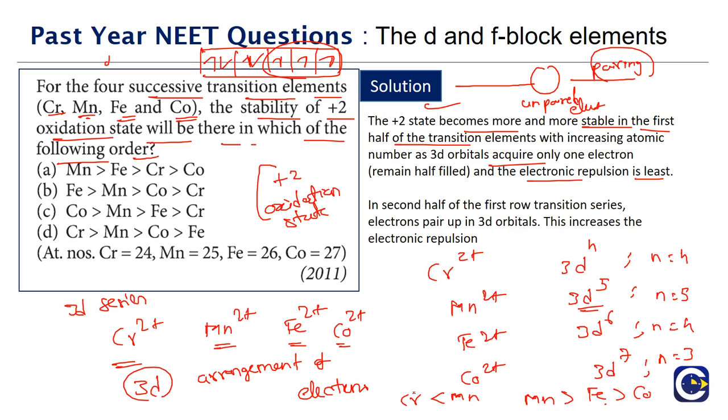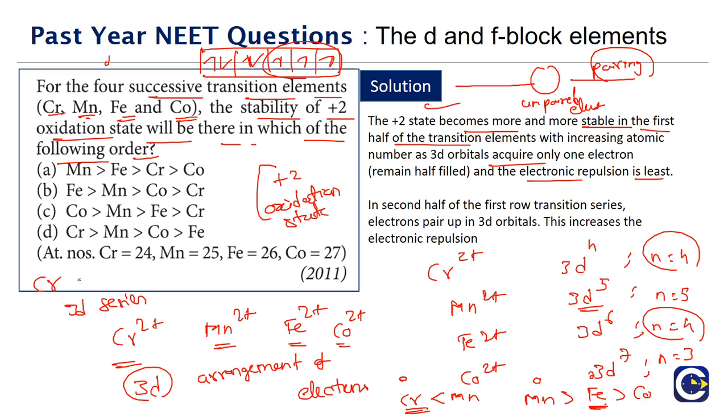So now the question is, what about the comparison between chromium and iron? Because chromium has 4 unpaired electrons, and iron also has 4 unpaired electrons. Now in which case is the nuclear power more? The nuclear power is more in case of iron. So if the nuclear power is more, then that will be able to hold these electrons more tightly. So that means that particular oxidation state will be more stable. So the one that will explain the stability order will be what?